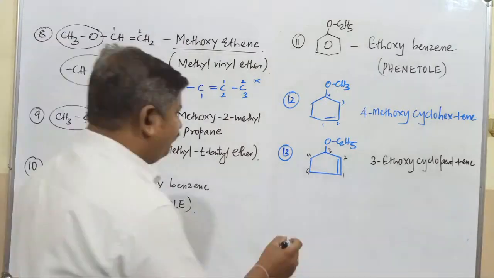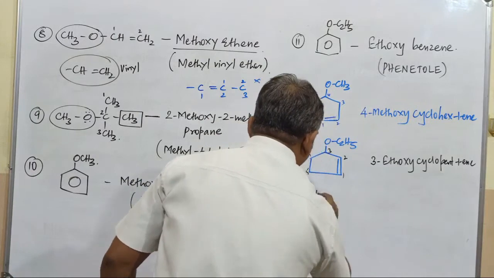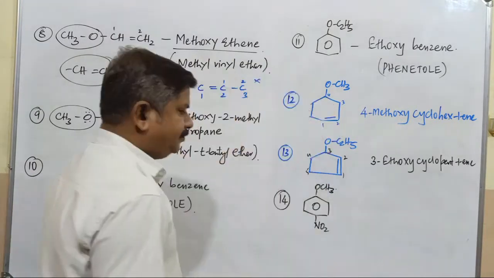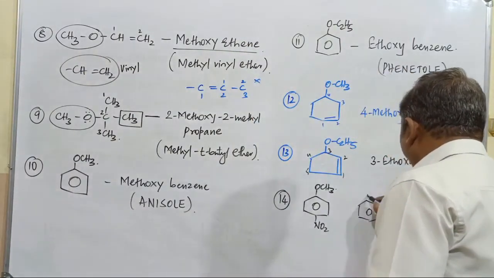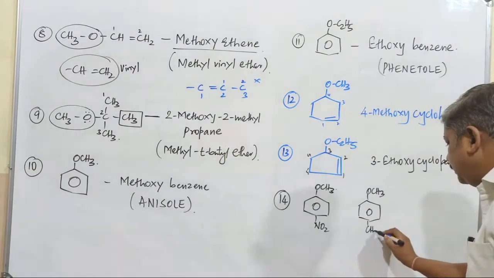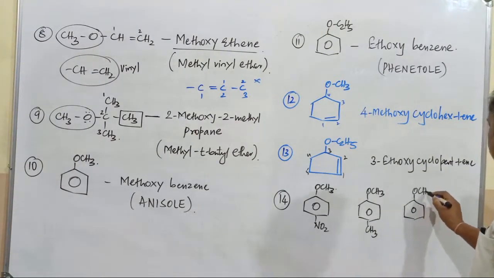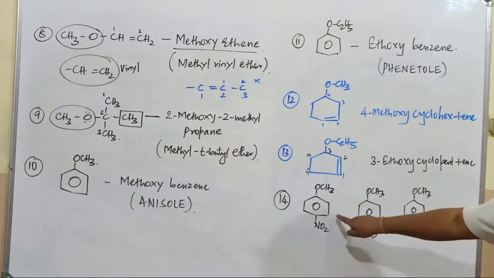Next, number 41. If you go with some more aromatic compounds, this is OCH3. Next one, it is NO2. Next, this is OCH3. Next one is methyl, CH3. Next one, this is OCH3, and here you can write COCH3. What is the COCH3 group? That is a ketonic group. What's the name of this particular compound?